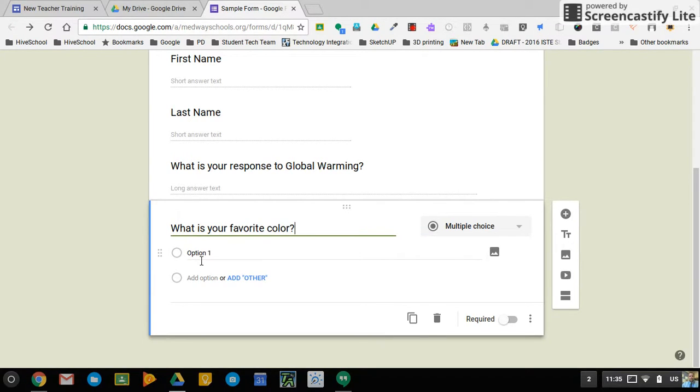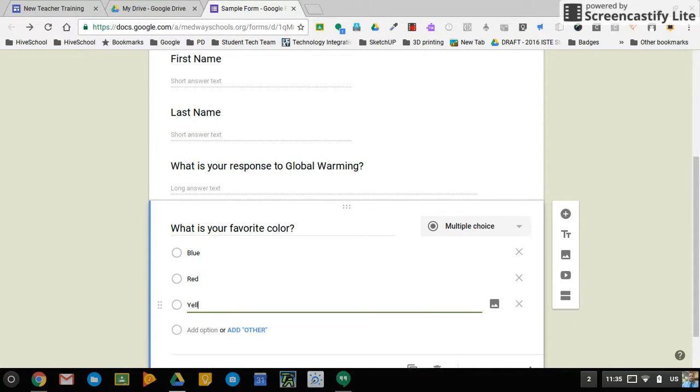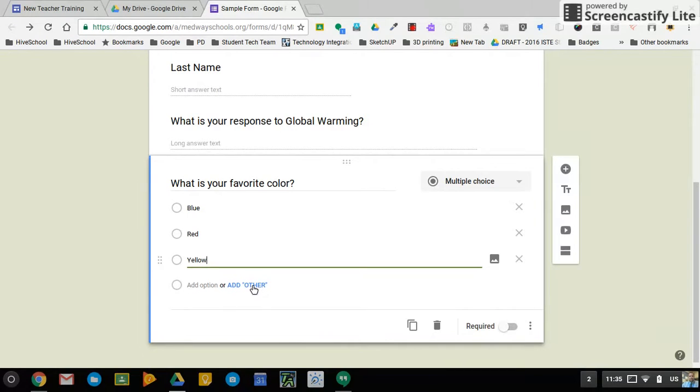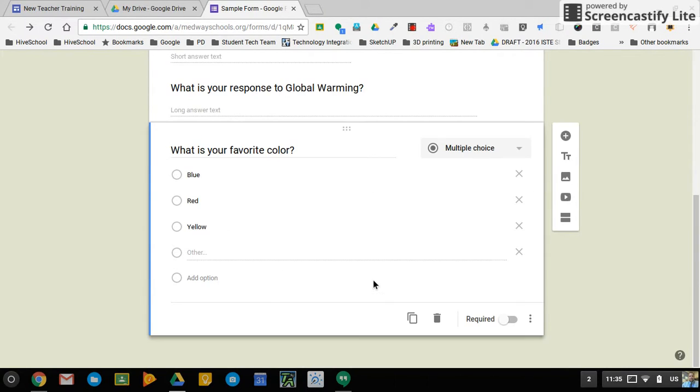And we can click here in option 1 and say blue. We can click down here for add other option, red, yellow. You can also have an option to add other, and if I click this, it adds an other option where it will allow the students to write in an answer. Okay, so now I'm going to add another question,